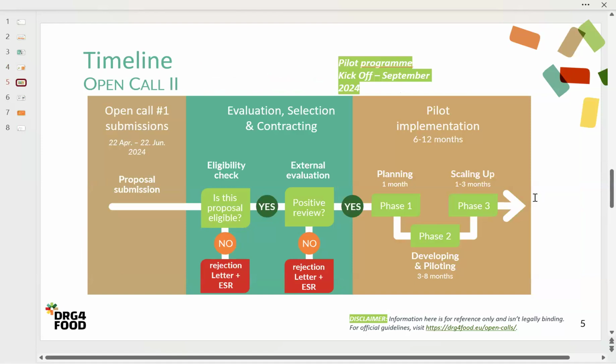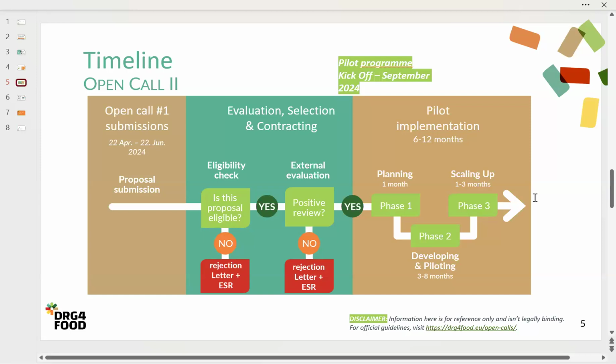The submissions are ongoing. The deadline is, this is a mistake, June 21st, next month. Again, we have a webinar upcoming on 6th of June, so please join us for a more elaborated version of this presentation. Following the submission of your applications, there will be an eligibility check to double check whether your consortia are indeed consisting of 2 or 3 partners, that there is indeed at least 2 countries in your consortium and similar.